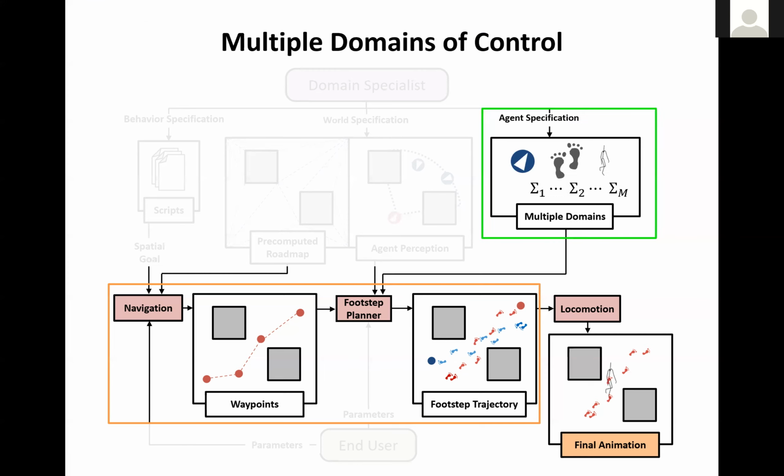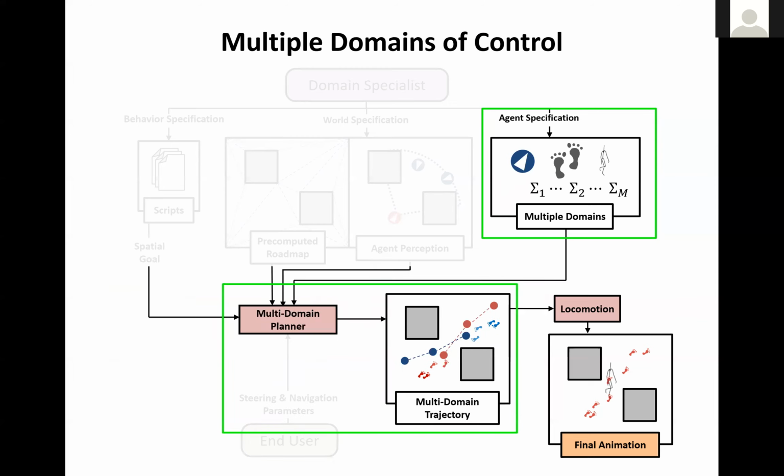So one possible idea is, instead of a single domain of representation, we can have multiple domains of representation. We can have a particle-based representation, we can have a footstep representation, we could have a fully articulated humanoid. And the control problem then is to decide which representation to use when. That's how we can think of this problem in a slightly different way. So what this would need is a planning-based control framework that is able to efficiently work in multiple problem domains at the same time.